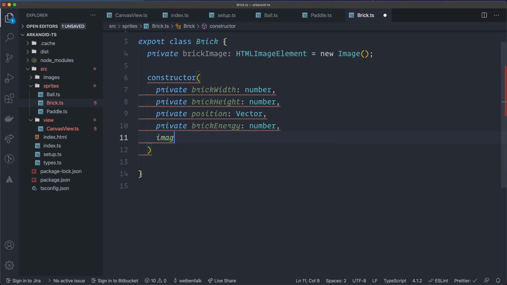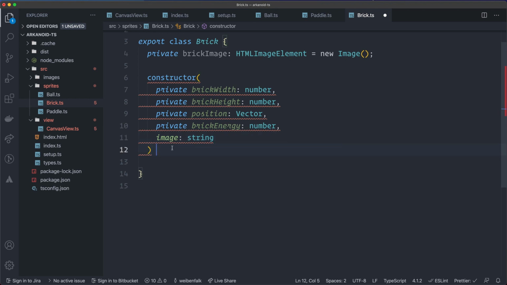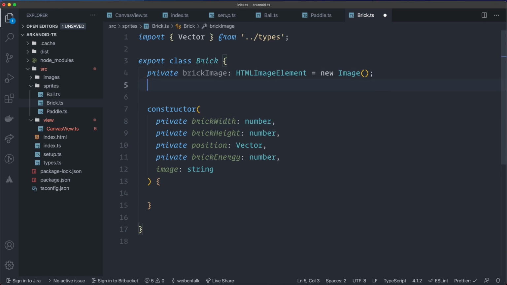And then we're also going to send in the image string. That's the path to the image. So it's going to be of the type string. All right, so that's the constructor. And then we have the curly brackets, and we're inside the constructor. So we have created these shortcuts here of creating the types, instead of setting them up here,